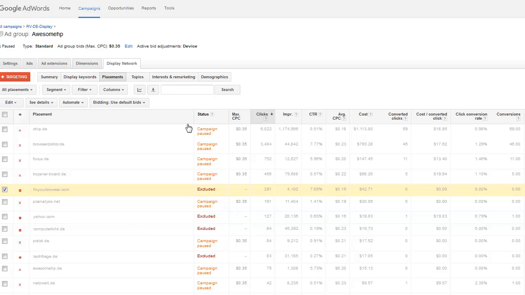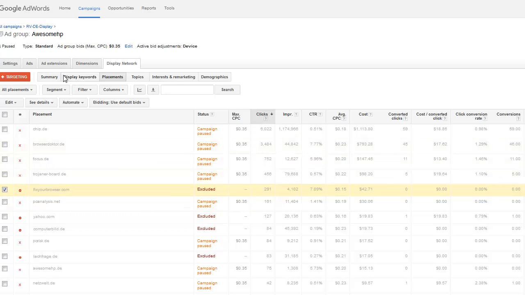So basically what you're going to do is come in here even every day just to take a look at where the placements are and how your keywords are doing. This is where you're going to spend most of your time, between these two targets. And then you can go in, and what's great is you can possibly cherry pick some targets out here. So if I wanted to see, Browser Doctor is at $17.62 and Chips.de is at $18.86. Well, if I'm making $30 a sell, I can go ahead and I can duplicate this ad group, and